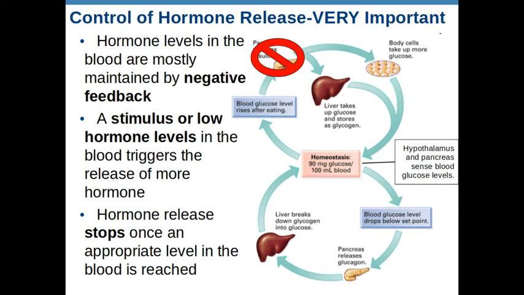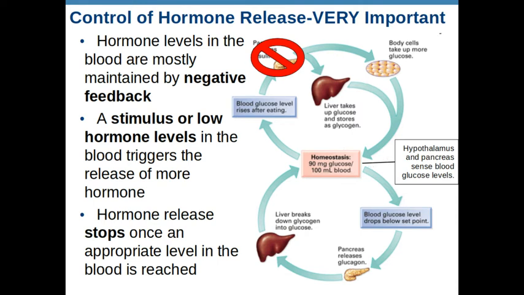You can see up at the top, we use the other example down below. Same thing, if you have too high blood glucose, the pancreas is stimulated to release insulin. Once the liver and the body cells have taken up this sugar as an energy source, the pancreas is going to want to turn off so that it doesn't just keep pumping insulin into the body. Whatever hormone it is, we're going to want to shut that off when we don't need it anymore to perform that task, because we have reached homeostasis again.